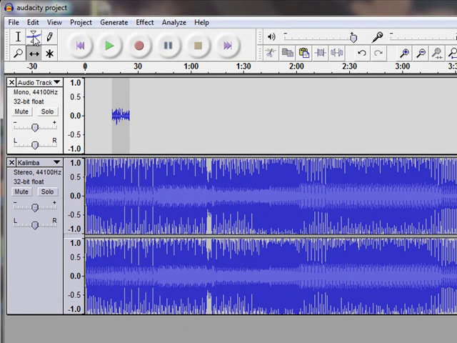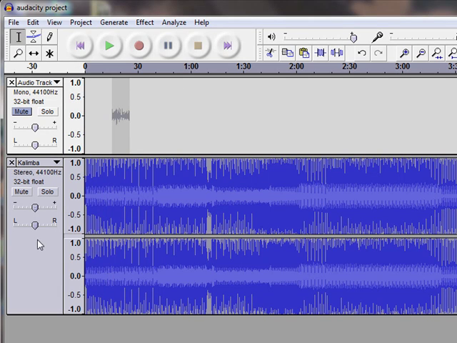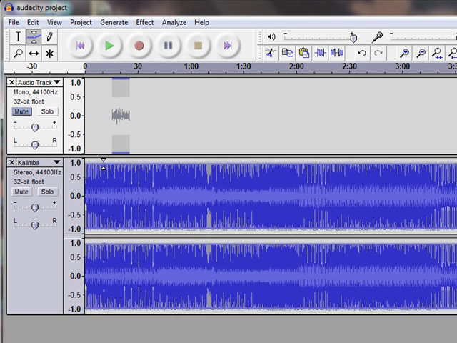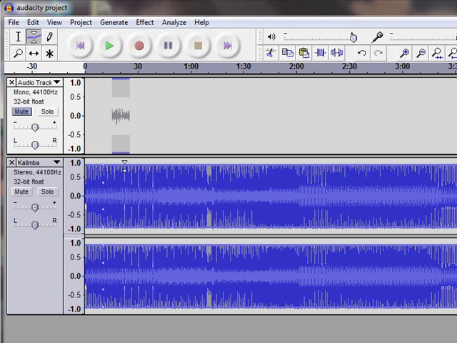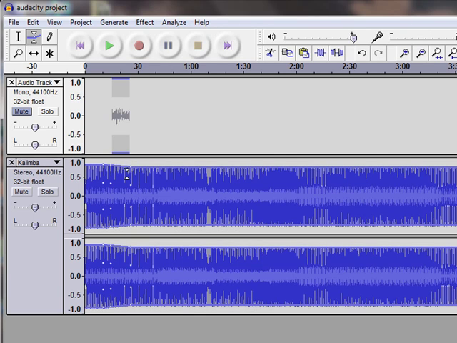I'm going to go ahead and select my time shift. Whoops, not the right file selected. I'm going to go ahead and mute my audio file, and now I have my music file that I'd like to select, and using the envelope, I'm going to click where my audio file is so that I can silence that section